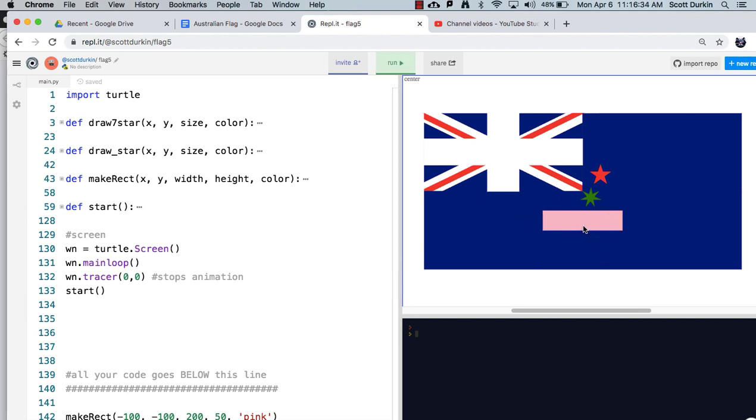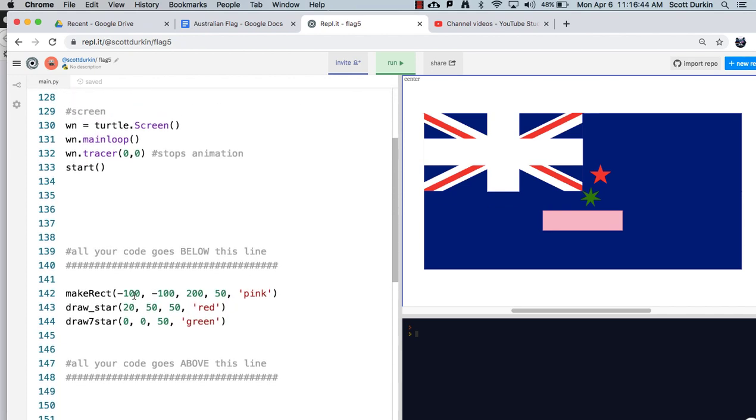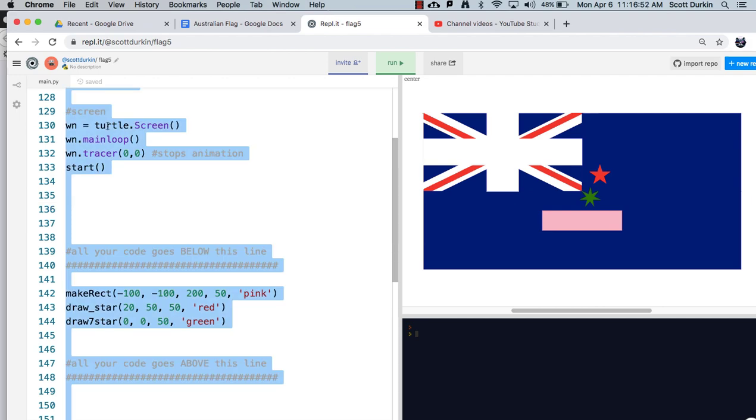You can close all these giant functions here by the little plus sign or minus sign by the word def. There's four functions that you don't need to really look at for this assignment. What you're really interested in is the code down here, but you need to select all of it, of course. So that's Command A or Control A to select all, and then Control C or Command C or Edit Copy